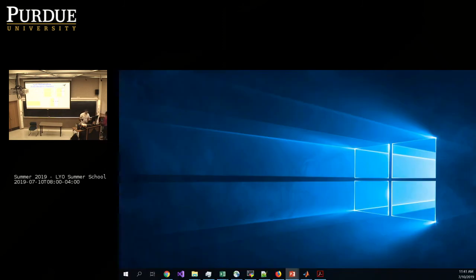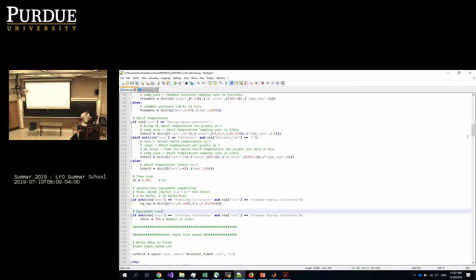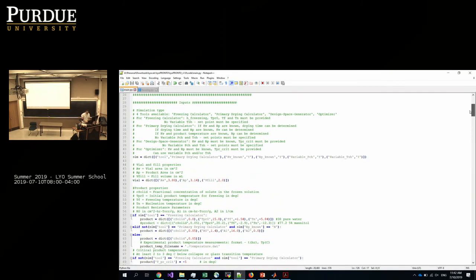So we switch from the primary drying calculator to the optimizer. The difference there will be in the chamber pressure specification and shelf temperature. So instead of using constant values, we'll be using varying values.